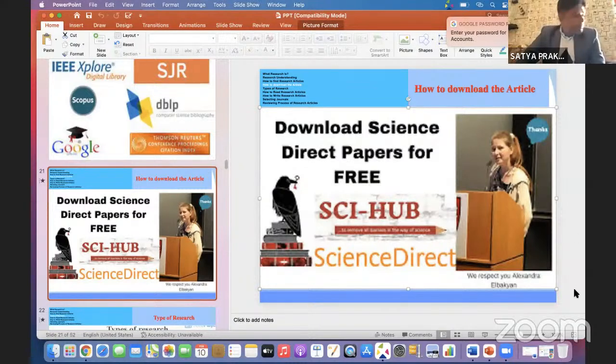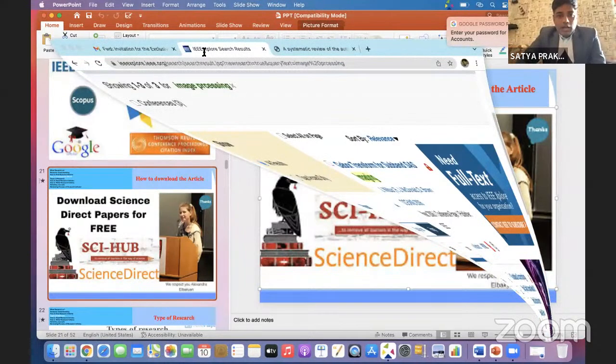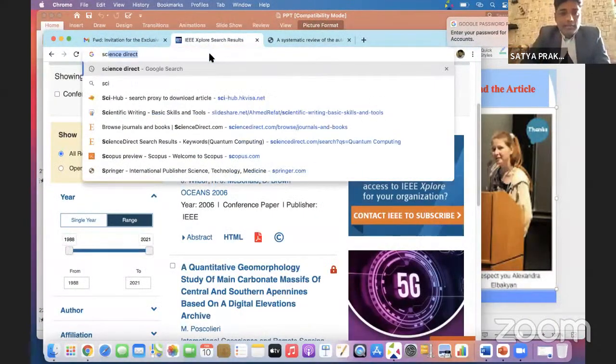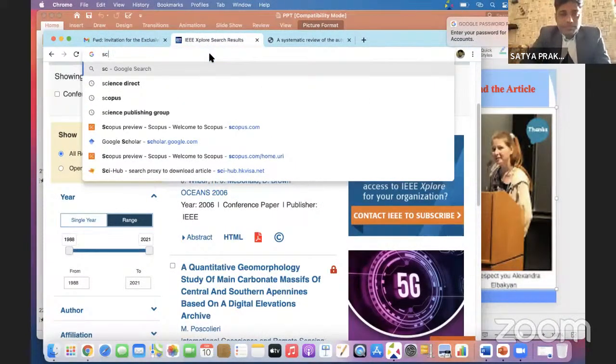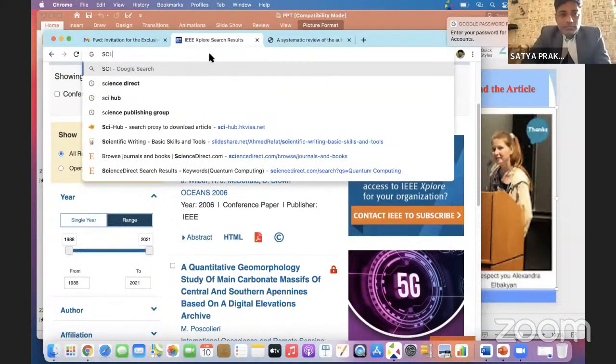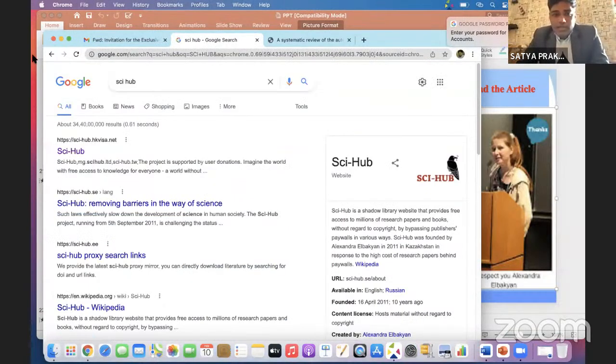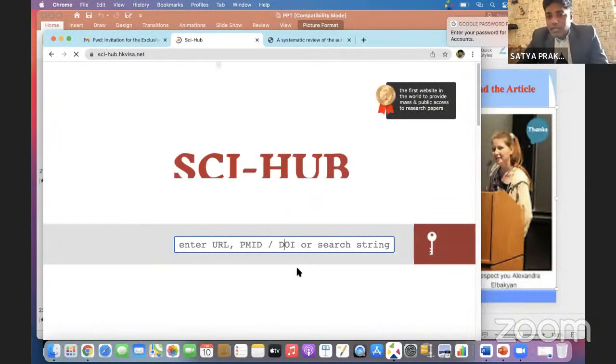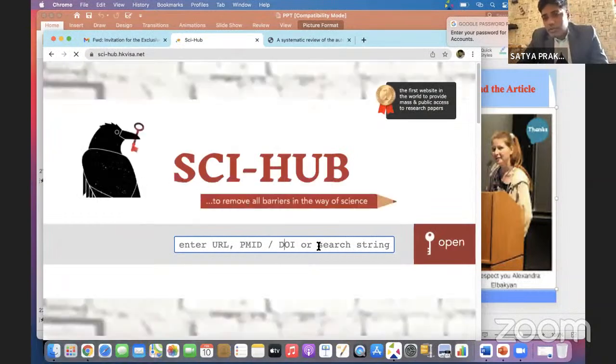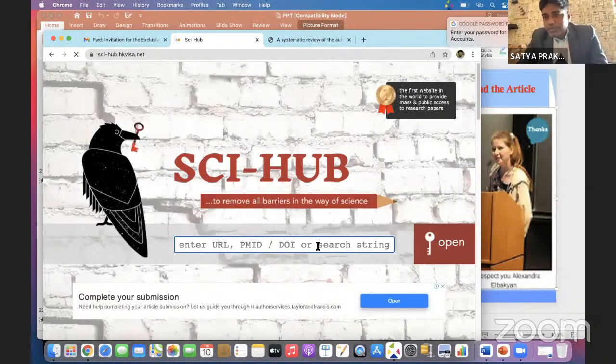How can we find it? Sci-Hub. Type Sci-Hub in Google, find it, put the DOI and download it. This is free of cost and it is pirated.